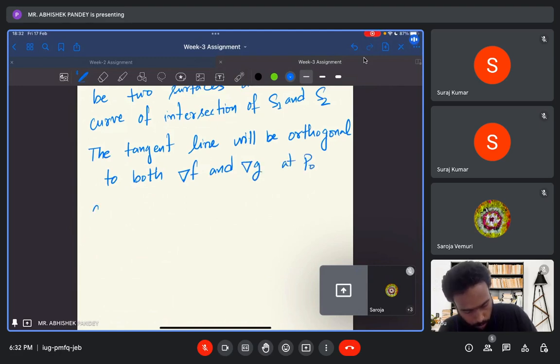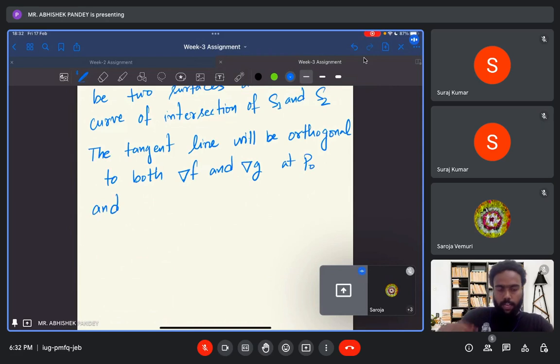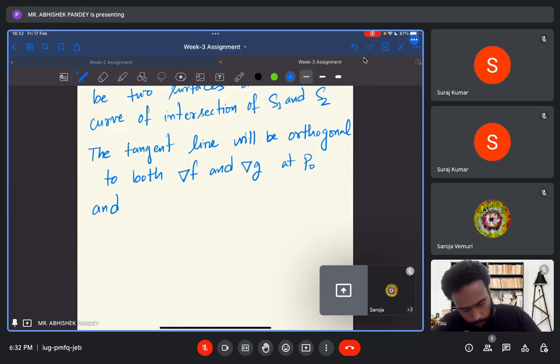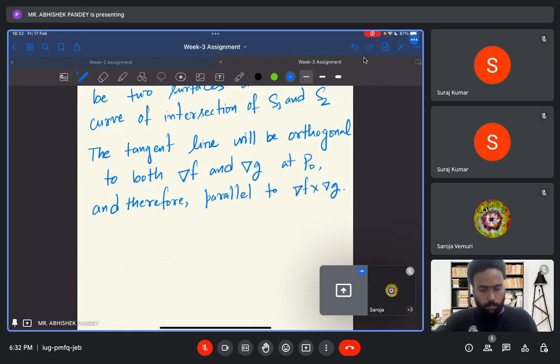Okay, and therefore, if a vector is perpendicular to two vectors, it means it is parallel to their cross product, and therefore parallel to del f cross del g. Okay,